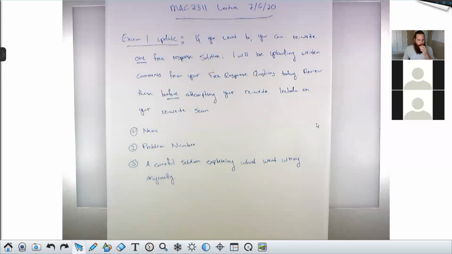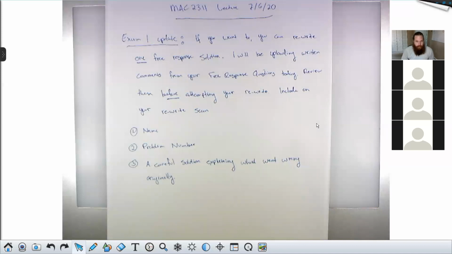So is this still only being able to be pulled up with Honorlock? No, this won't be an Honorlock thing. It'll just be an assignment with a little Dropbox where you can upload a file. Yes, but you said that the exam 1 update. So is it like an exercise, homework, or what?